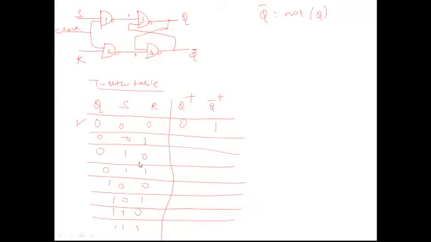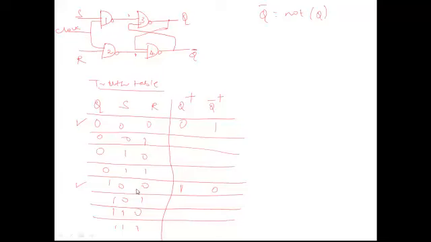Now similarly you can understand the fifth row of the truth table. The fifth row has both S and R as 0, 0 as usual. S is 0, R is 0. Here you will have 1, here you will have 1. But now Q is 1. The fourth gate will have both inputs 1 and 1, so Q bar will be 0. The 0 will act as an input to gate 3. So the Q will be 1.